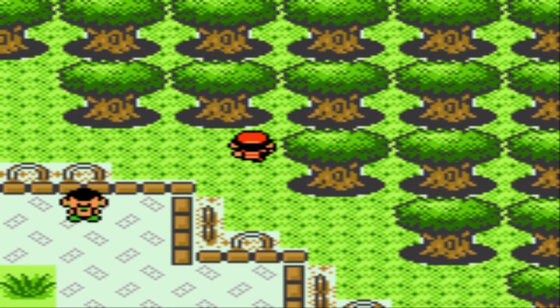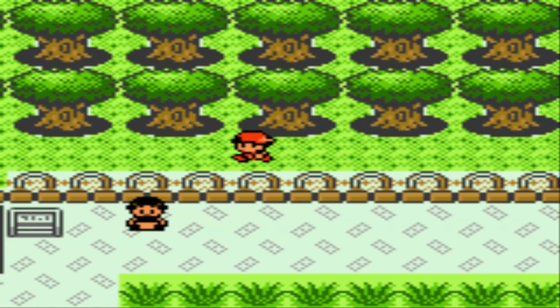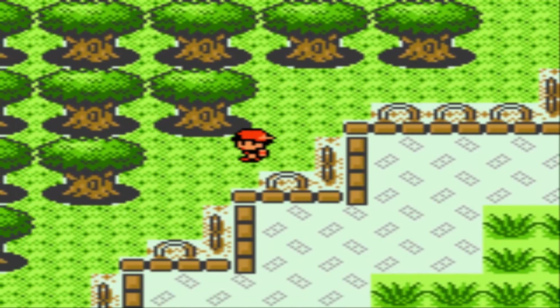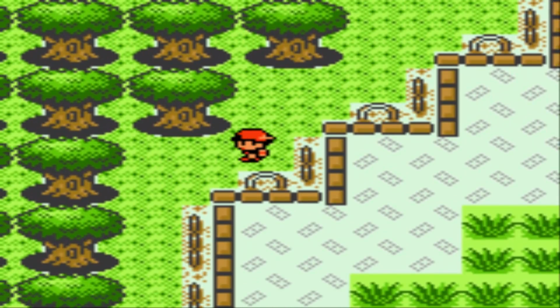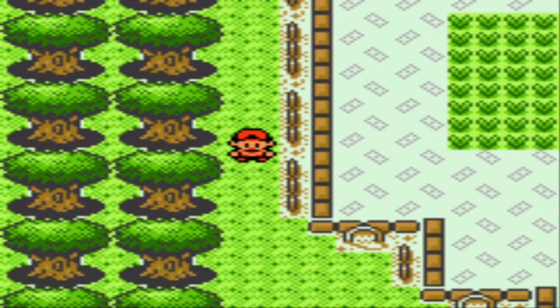There's a TM down here that we really want to grab, and it's actually the TM for Dig. Dig is one of my favorite moves in the game. It's a ground type move that a lot of Pokemon can learn. It's the only type that's super effective against electric, so it's very nice to have,